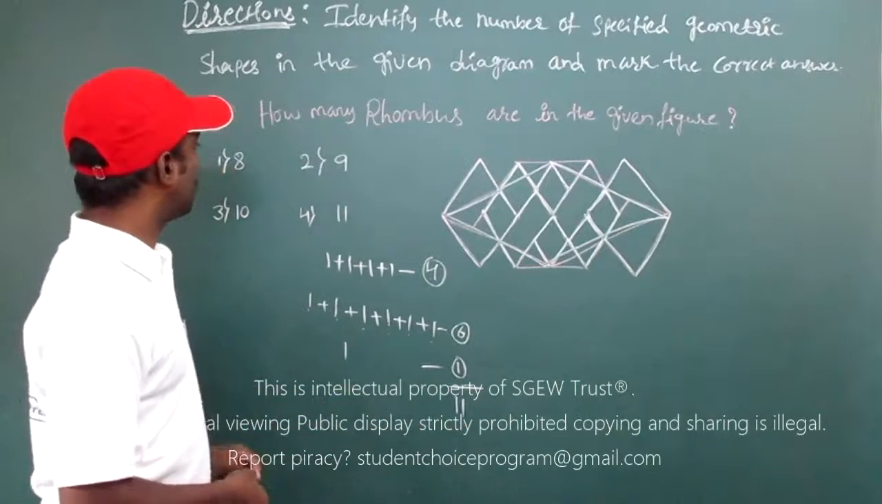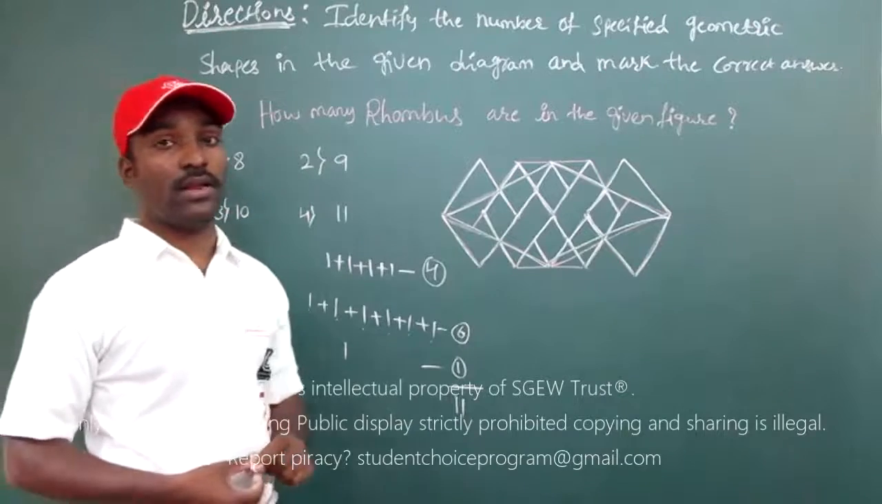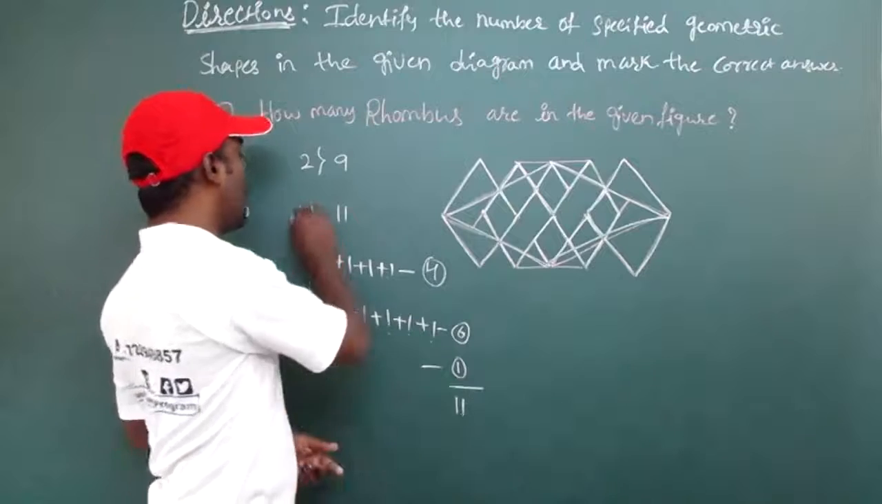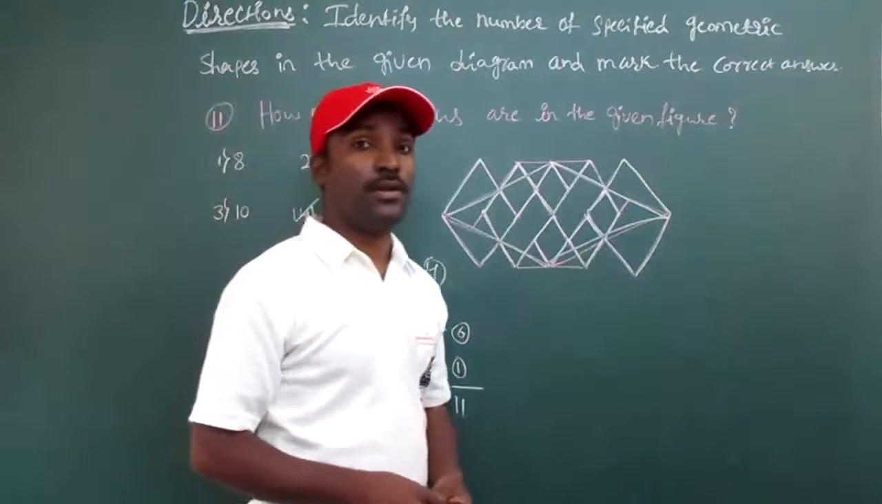Go to options. First option is 8. Second is 9. Third is 10. Fourth is 11. So the fourth option is matching with our answer. So the fourth option is the right one. So this is how we solve this example. Now I will move to problem number